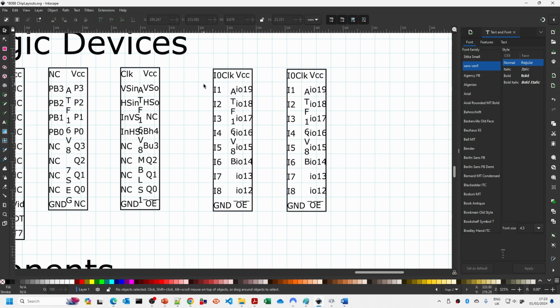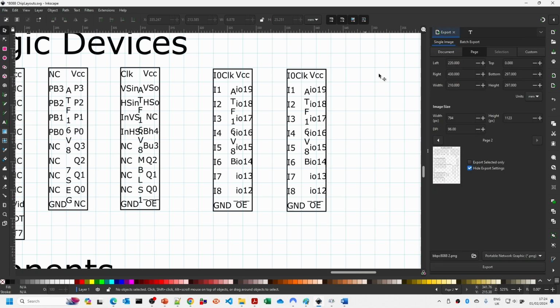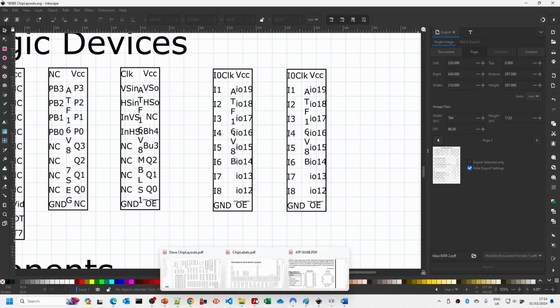And then once you've done that, when you come to do export, if you go to File, Export, you'll see in the export options, there is PDF. And what I tend to do is I just export it in PDF. Replace. Now if we go back into Acrobat,